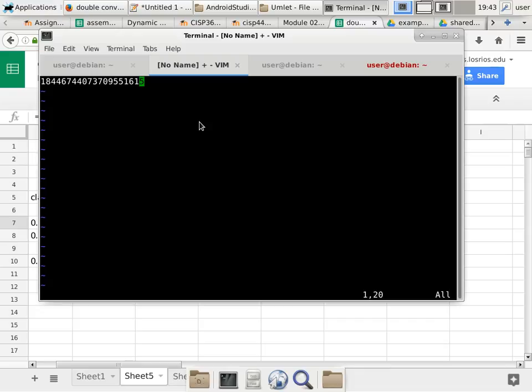The ordering is important. Multiply by 10 first does not work. So you have to divide it by 2 first. So divide by 2 times 10. If we have enough room,